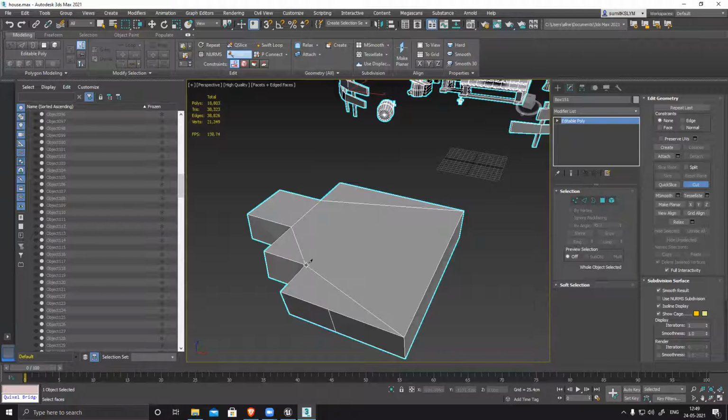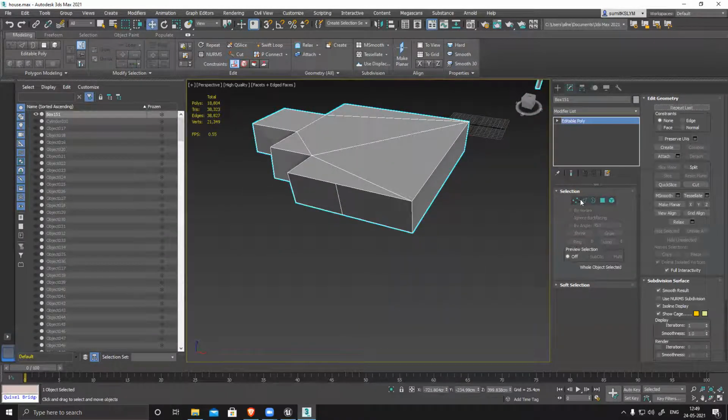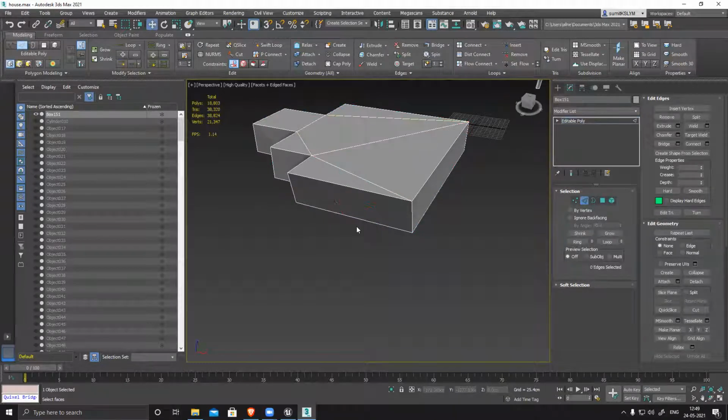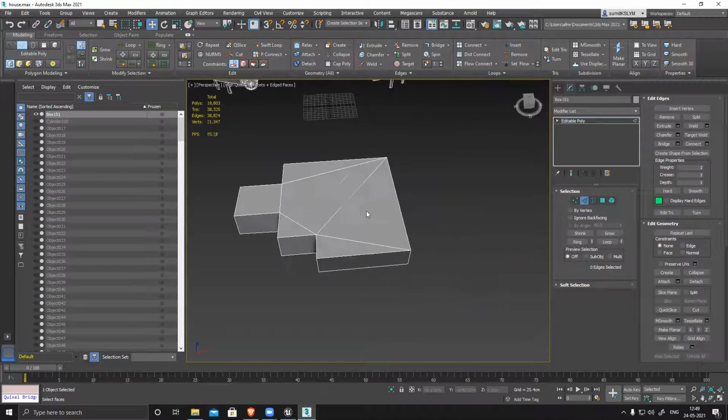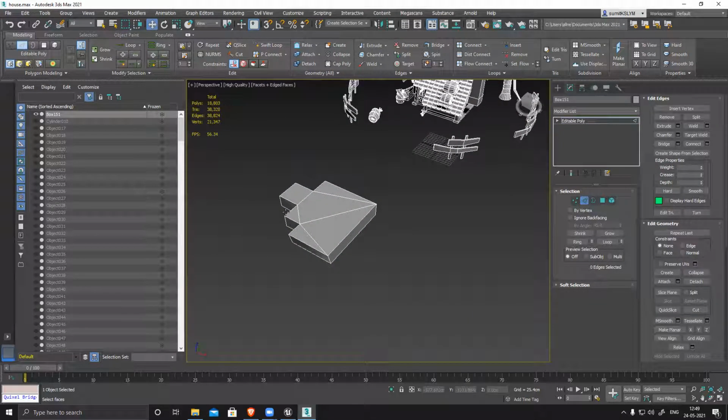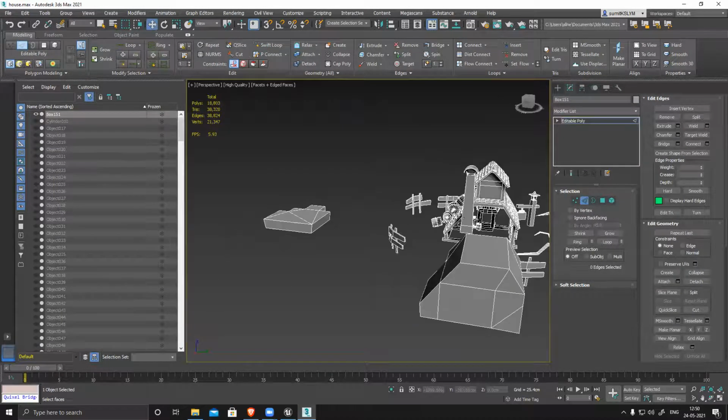Now the center part, you can see this is not a quad. Connect it here, or maybe here. And W, go to your edge mode, select this edge, now remove it. Now you can see it's a highly optimized mesh, no unwanted loops. So you have to optimize your model like this. Keep in mind that you are not using unwanted edges, vertices or loops, because those things are not doing anything. If you have it or don't have it, it doesn't matter. Like this, you have to optimize.